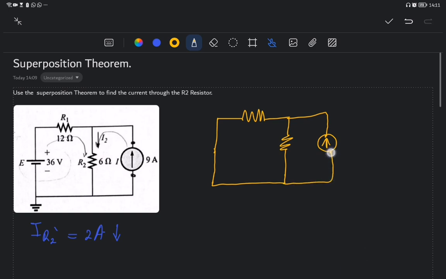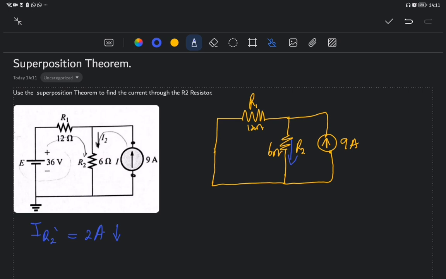Okay, there we go. Now our current source is 9 amps, and the resistors are still the same, R1, R2. This resistor is 12, this one is 6 ohms, right? Now here, how are we going to find the current flowing through R2? What we need to do is, we don't have to calculate total resistance, we just need to use the